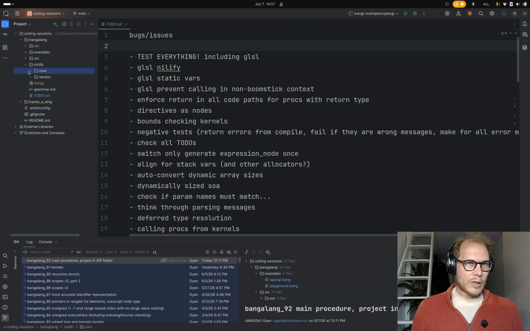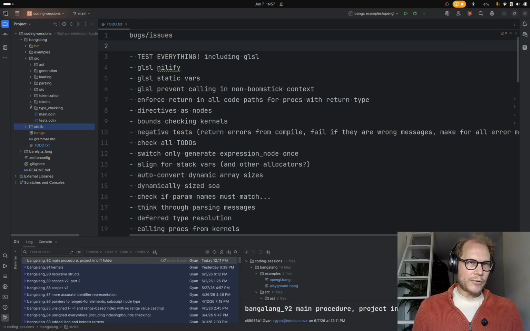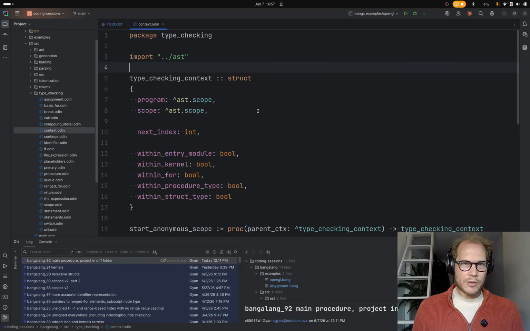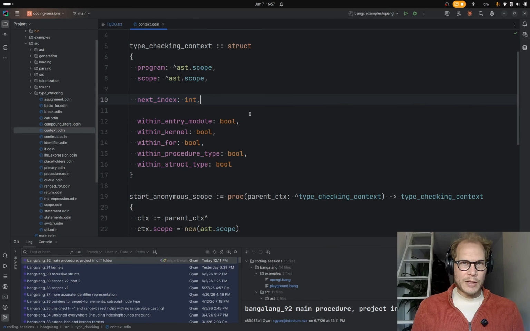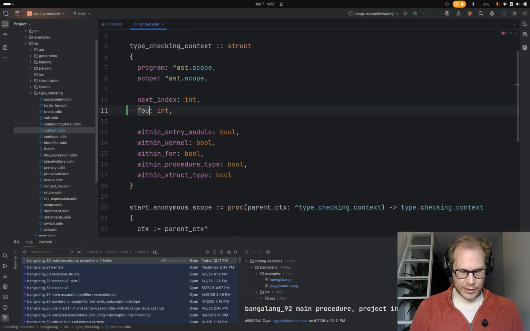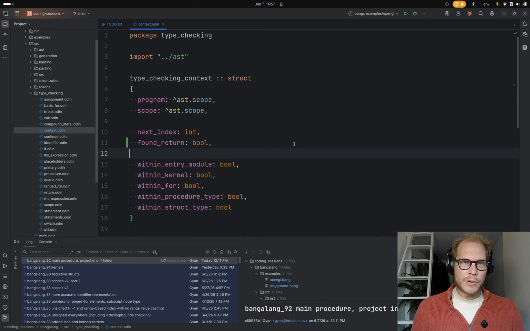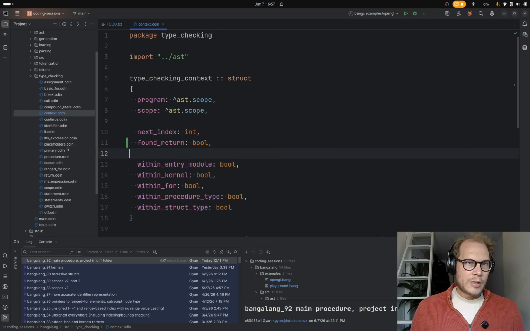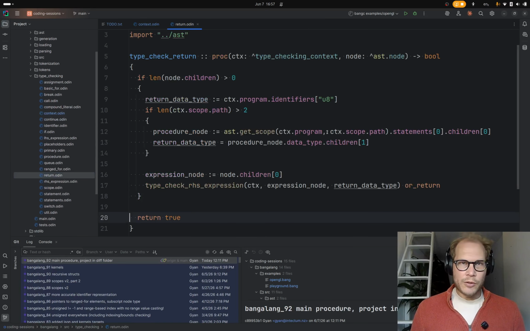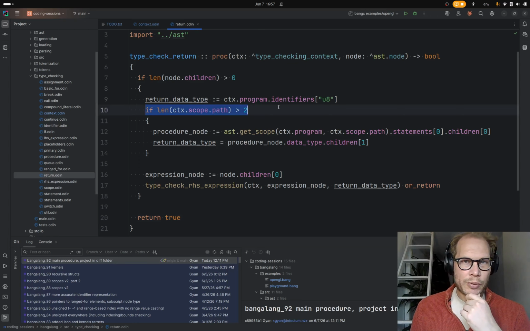So how do we do that? Well, I guess the first thing I said was that we'll add something in here that says like found return, and that'll be our bool. So in our context, we know if we've found a return, and of course in the return, this is something I didn't fix up before.